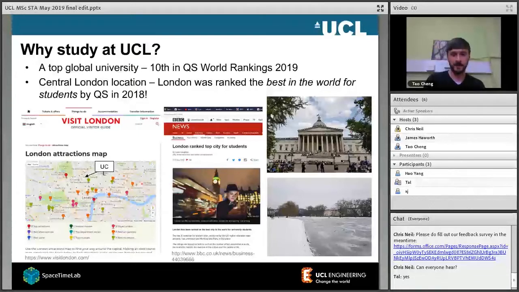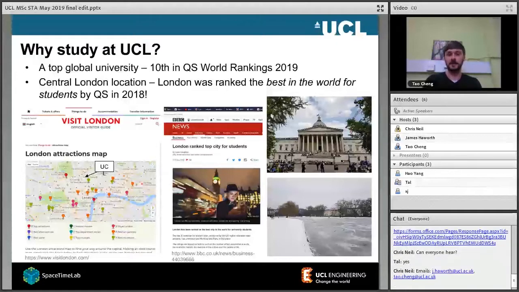This picture here is the portico of UCL. It's a very historic campus located right in the heart of the centre of London. If you look at the Visit London guide there, UCL is located right in the middle of all the main tourist destinations. So it's a great place to study for a year, great places to eat, great nightlife. So I'm sure you'll really enjoy your experience here.